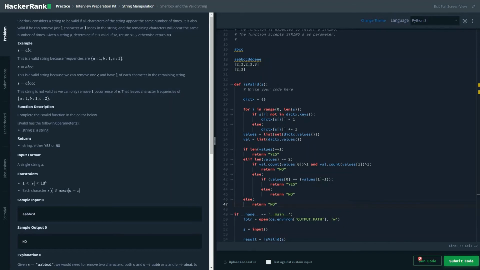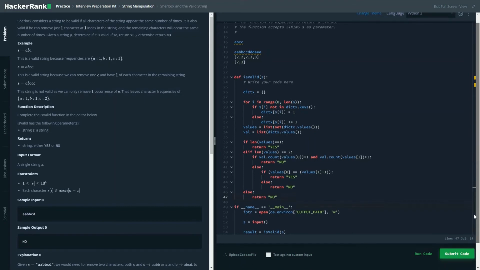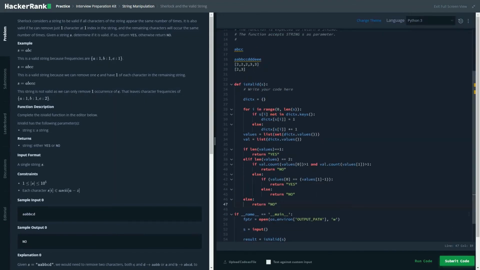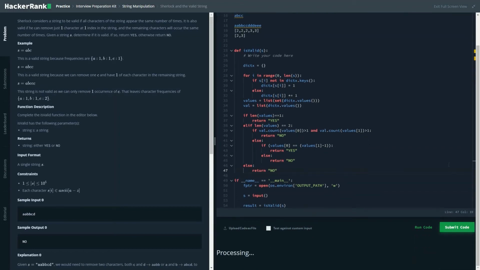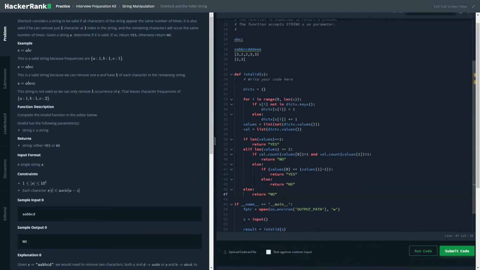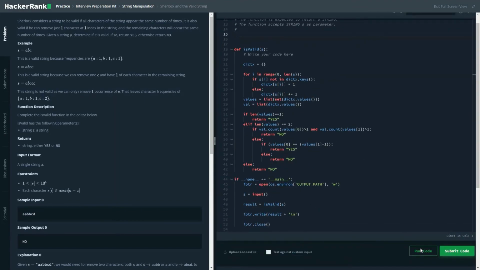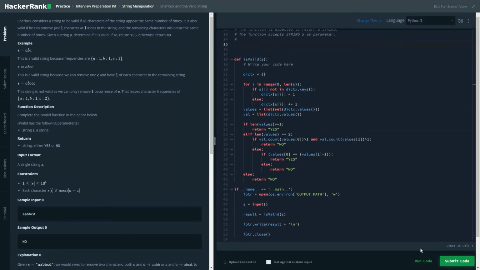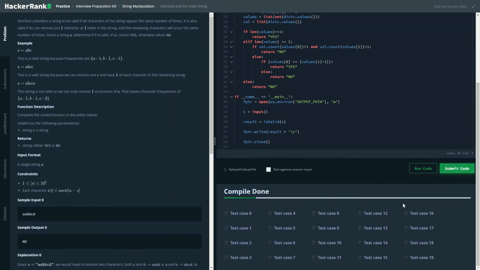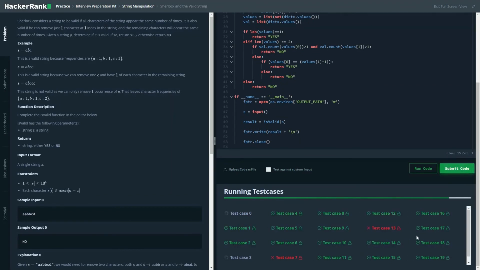Pretty straightforward problem. Let's run this code. Although I would say this is not that optimized a problem. Oops, I forgot to erase these things, not required. This is not the most optimized solution, but try to solve it. Let's submit the code. Most probably there will be 2 cases where it would fail. Yeah, and I could tell you why.